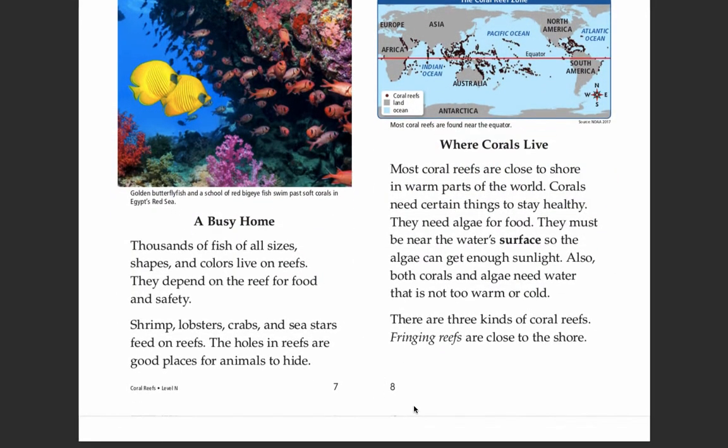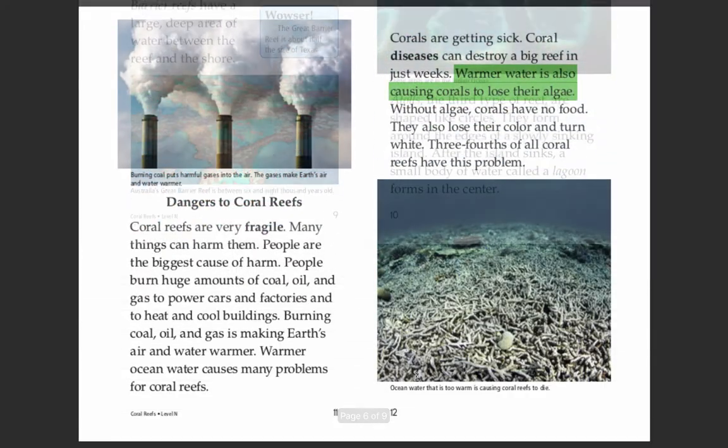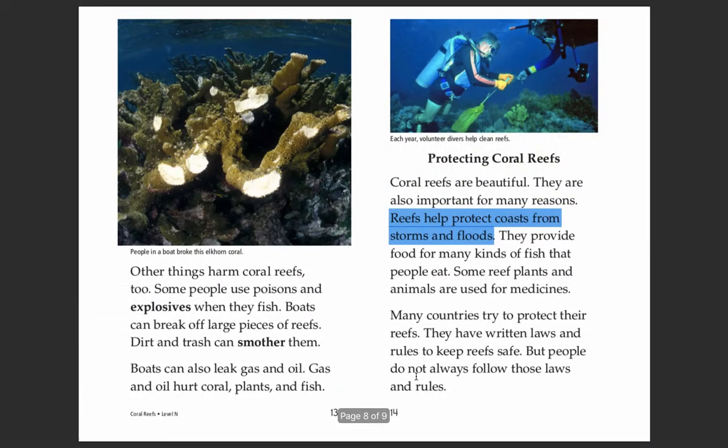While I'm going there, remember, those are the pages you can also use. These pages are so important for your assignment as well. All right, protecting coral reefs. Now, I already have a piece of evidence highlighted from when I reread the story, just like you are going to do today. It says, reefs help protect coasts from storms and floods, and that's really important because not only is it good for the coral reefs, but it's also good for the animals on land, the people on land, and everything